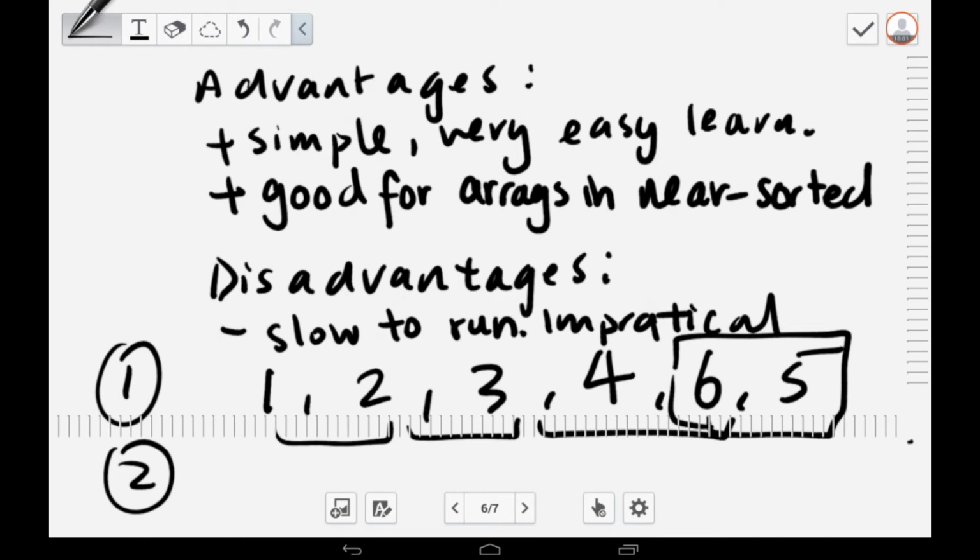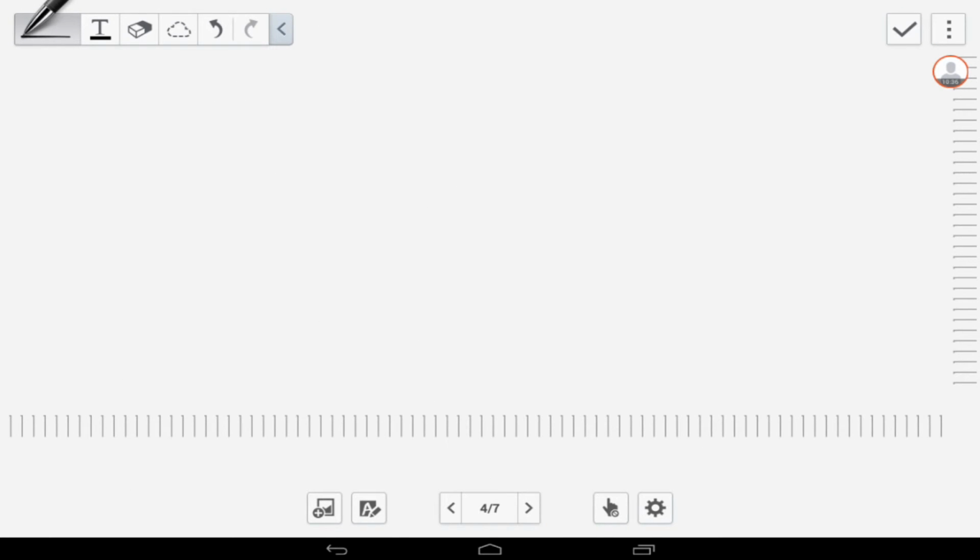Once you swap, it'll be 1, 2, 3, 4, 5, and 6. In the second pass, it'll run through the algorithm, detect no swaps, and then the algorithm finishes. So it's much quicker than the worst case scenario,